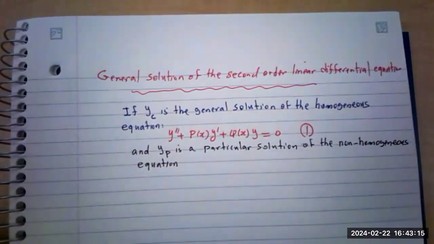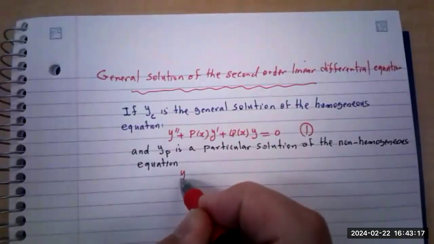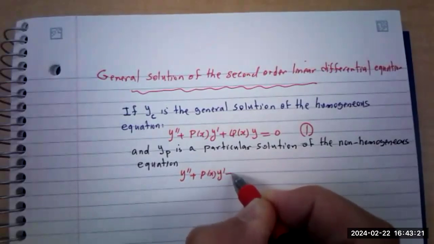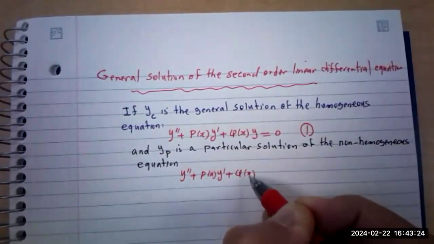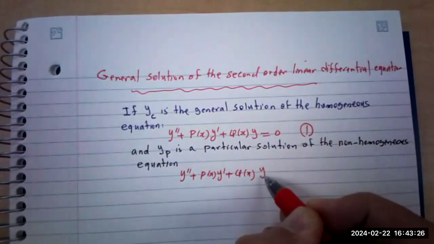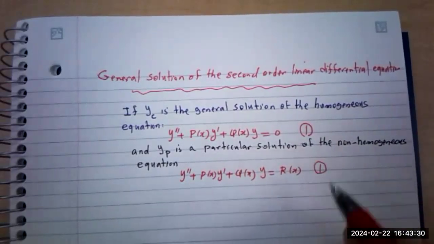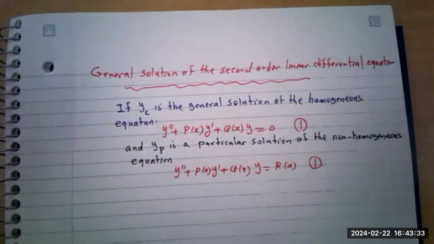Now what's going to be the non-homogeneous one? y double prime plus p(x) y prime plus q(x) y equal to r(x). Equation number two. If this is going to be the case,